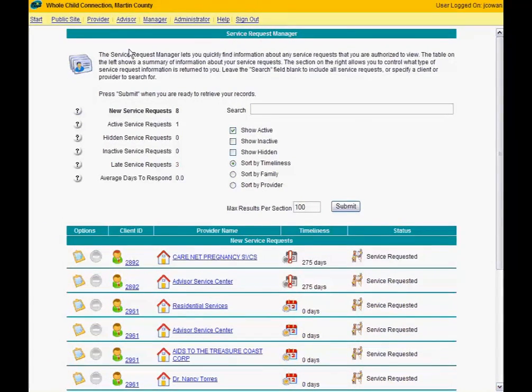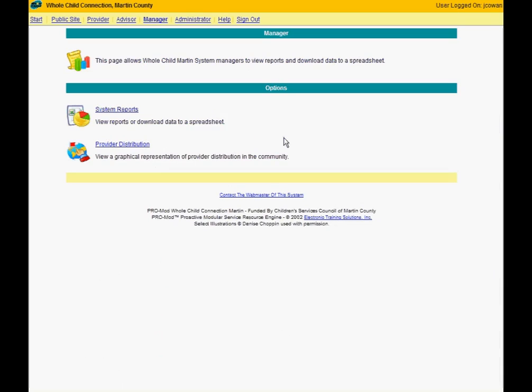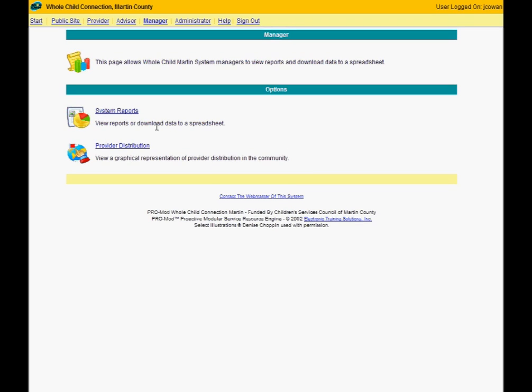In addition to providing a full analysis, education, outreach, and service delivery program, the ProMod application framework also provides a wealth of information for community leaders and resource planners to gauge the health of the community and analyze trend data. Users with manager level of authentication